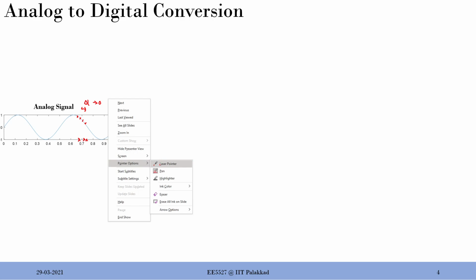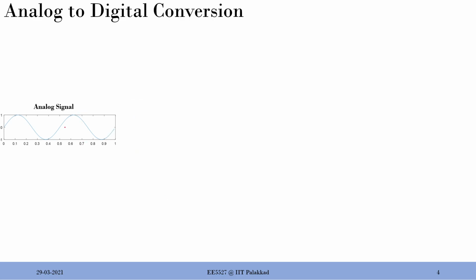continuous in time. And similarly the amplitude is also the same. The division in amplitude is literally 0, which means any amplitude value is possible. It won't be like discrete levels. It's not like 1, 2, 3. You can go 1.1, you can go 1.111, you can go 1.1111. There is no limit. Okay, so that's the concept of an analog signal.